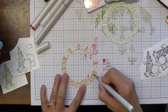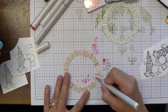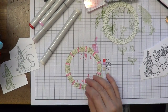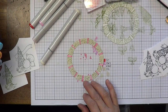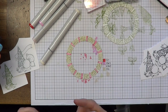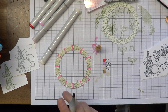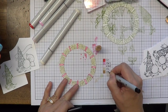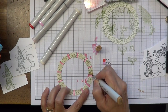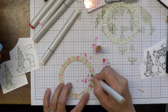Of course, it's not the end of the world, but now here I'm just filling in, and I'm doing a very quick basic color right now with, I think it's E50. The colors are down on the right here. And then I'll be bringing in some brown. I don't know if you've seen antique bottle brush trees. A lot of them are beige and they've worn over the years, so there's like